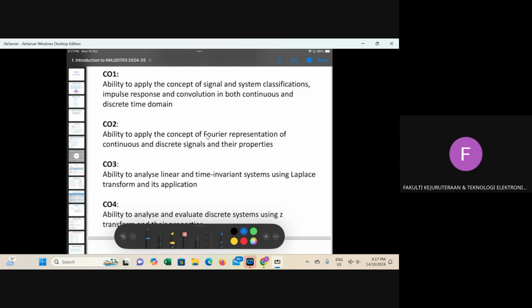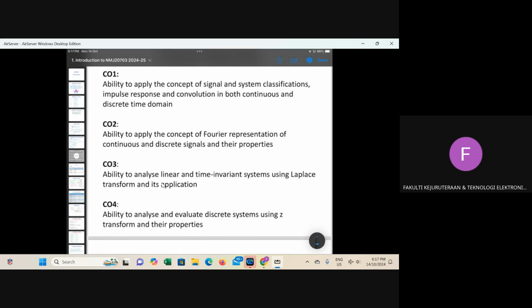So this including Fourier series and Fourier transform on the continuous time and discrete time signal. And also we're going to look at their properties. And course outcome 3, you can analyze linear and time invariant system using Laplace transform and its applications.